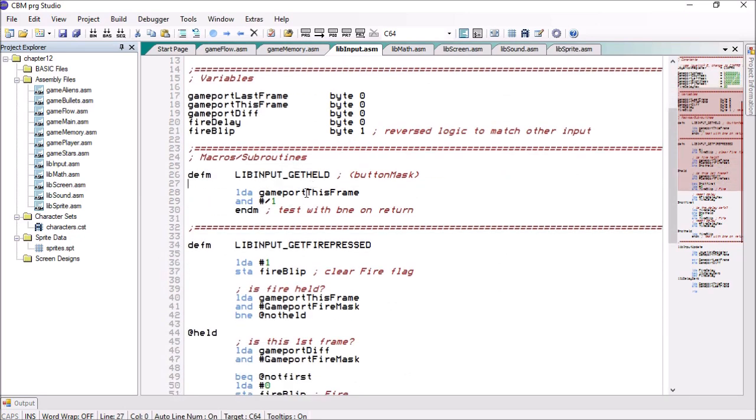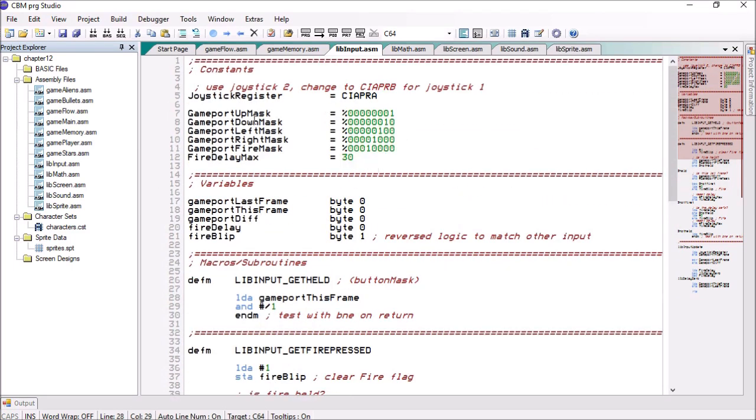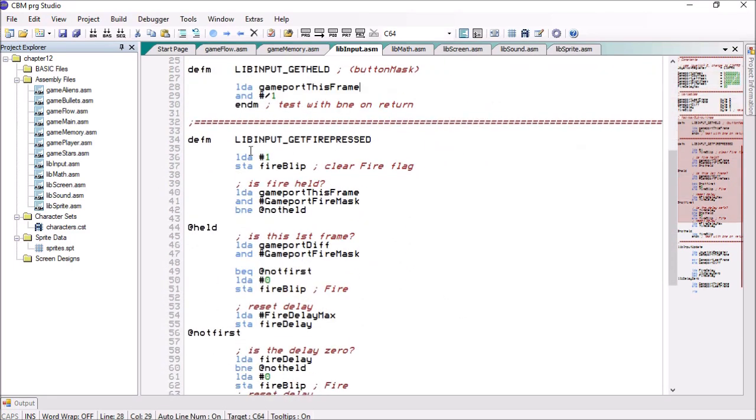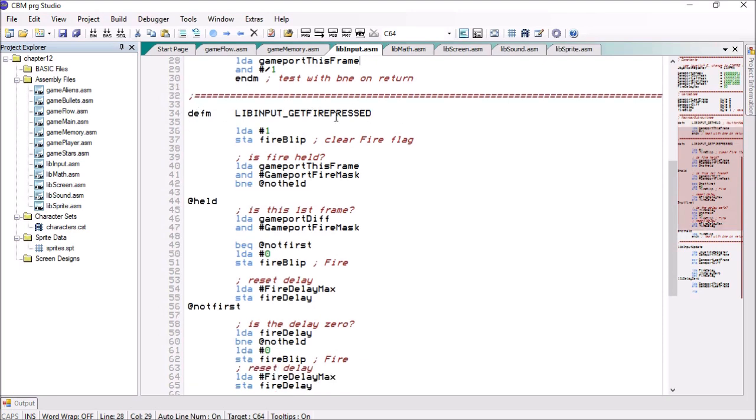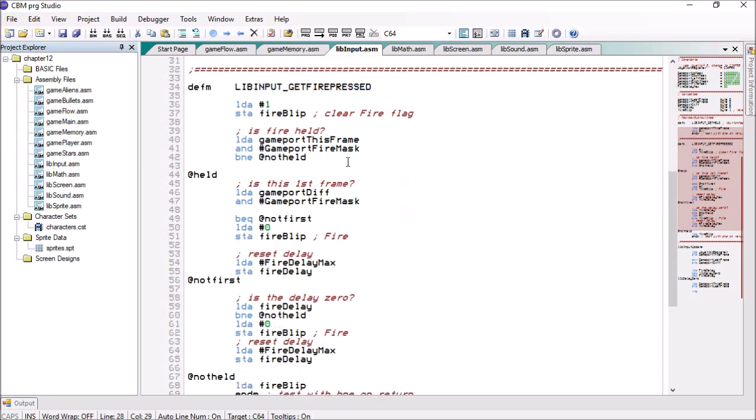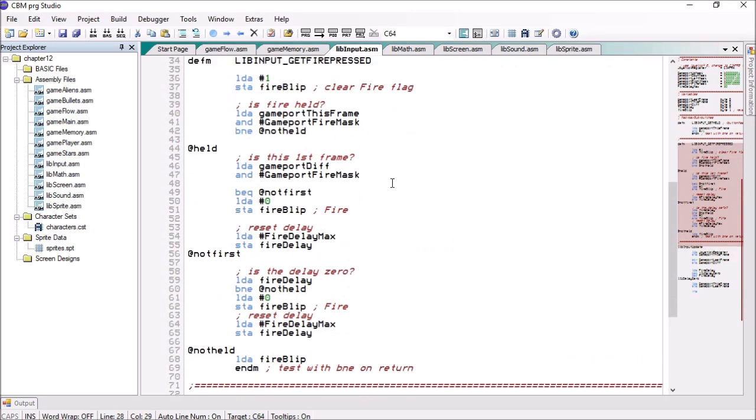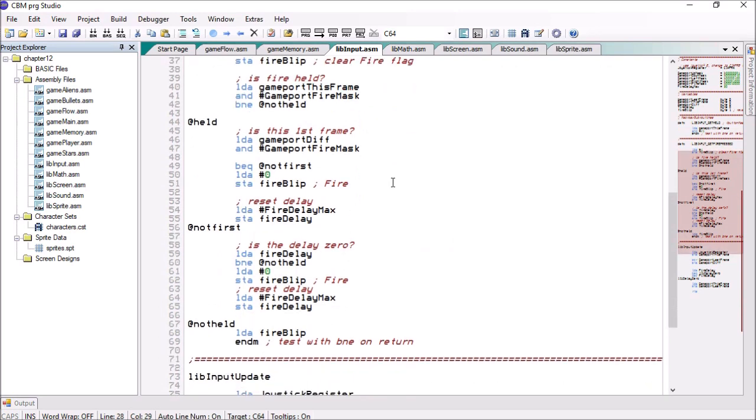So we're going to look at the game port and it with the button mask that we want. So if we're testing for left, it'll return back the button mask if we're using it or not. Yeah. So it'll return back one of these. And then this is whether the button has been pressed. Yeah. And there's press and hold. There's double hit. So I think that's what that blip is. Did we double hit it? And it works out whether we've held it or just pressed it or double pressed it,